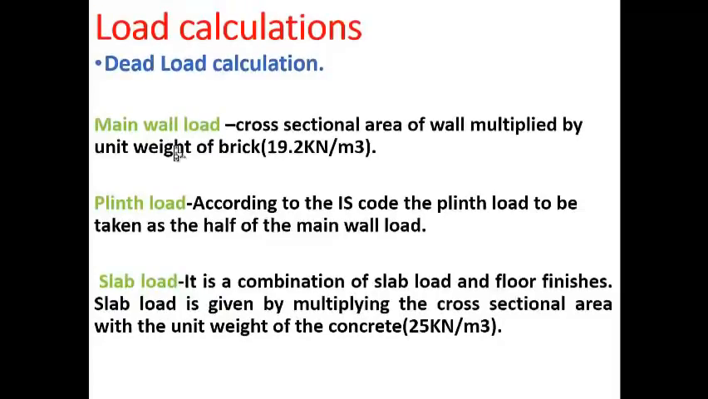Load calculations. Initially, dead load calculation. It comprises of main wall load, plinth load, and slab load. Main wall load is calculated by multiplying the cross-sectional area of wall by unit weight of the brick. Plinth load: according to the IS code, the plinth load can be taken as half of the main wall load. Slab load is a combination of slab load and floor finishes. It is taken by multiplying the cross-sectional area with the unit weight of the concrete, that is 25 kN per